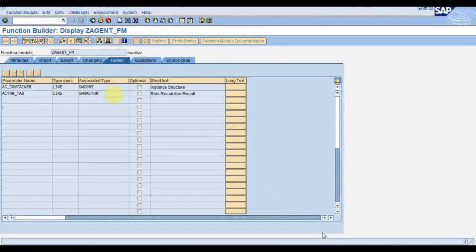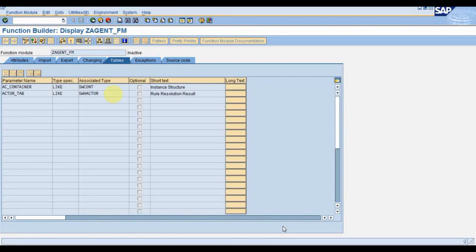In the practical session, I will tell you everything: what to do and how to do it. I was just trying to tell you this is the other way to fetch the agents dynamically. You can either go with the activity step or with this rule step. It is dependent upon the workflow developer, who can use either the rule or the activity step. This function module you can also execute explicitly and see whether you are getting the correct data or not.